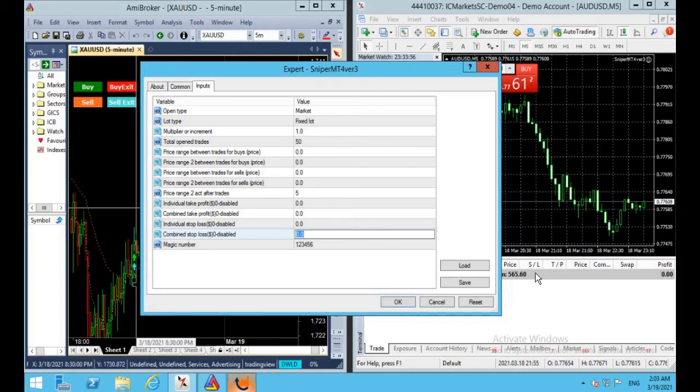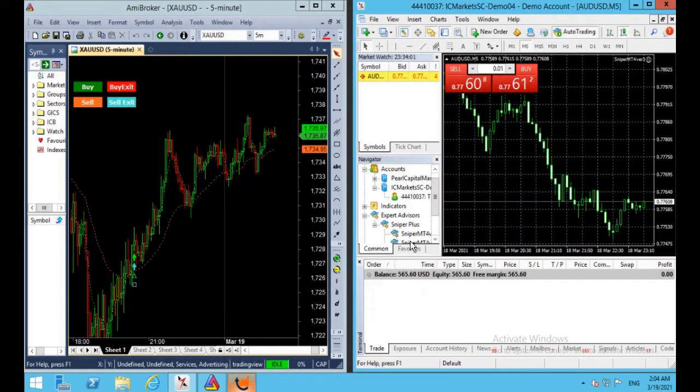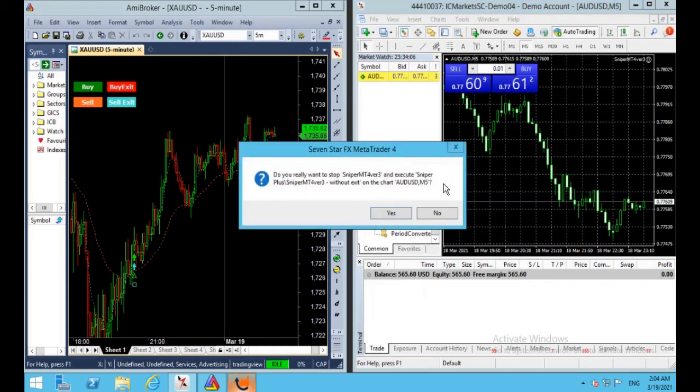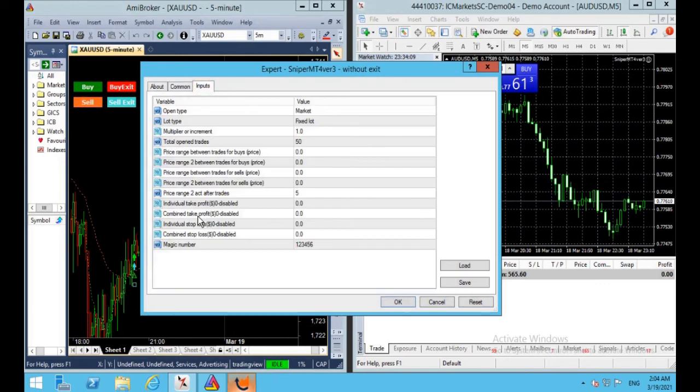Now I will show you how to do the combined stop loss and target. First let us select the second type, that is the Sniper MT4 version without exit. Click on live, it is already open. Now let us select combined stop loss, and combined take profit as $2. You can use $1, $2, whatever you want.